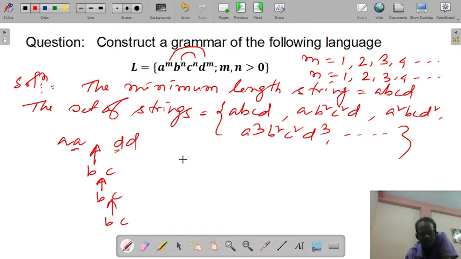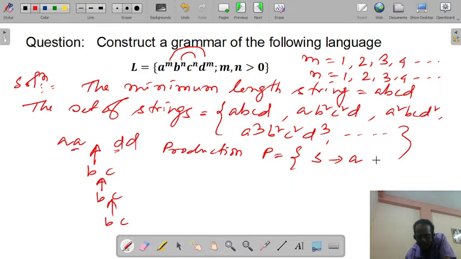So first of all we try to find out the production set P. S implies small a, capital A, small d, and we need to increase the number of A's and number of D's. How are we able to do it?